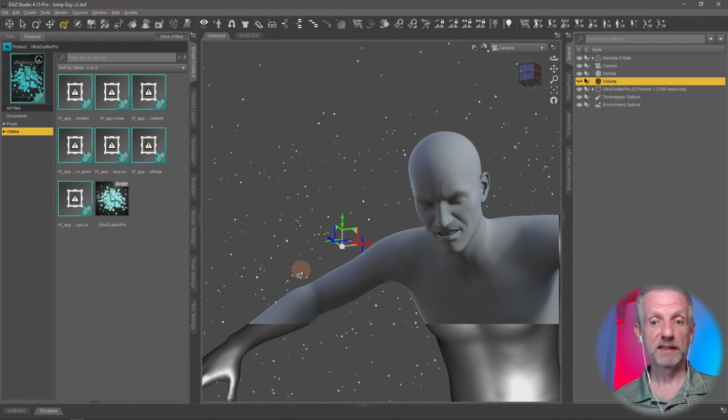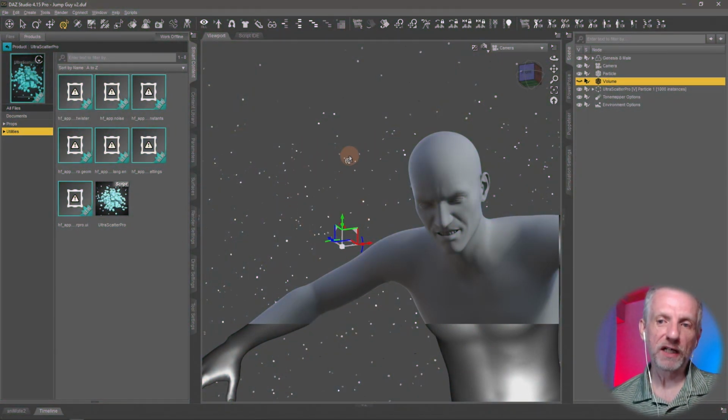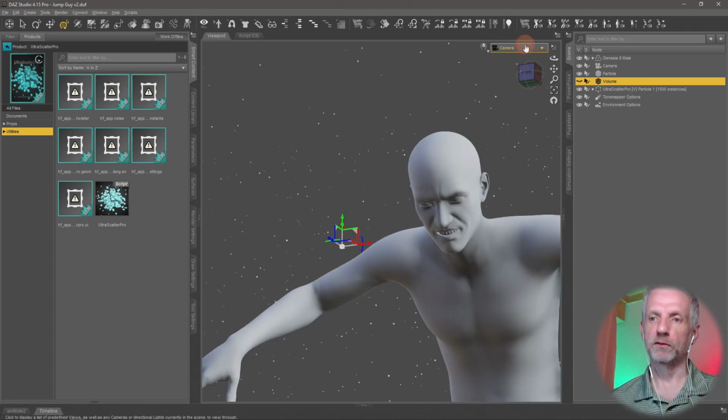So if you're building a space scene, this would be a great way to denote, hey, there's more than one planet out there. So for this to really become bokeh, they need to be out of focus here rather than just be crisp and sharp. And to do that, I'll go switch over to filament. I'll go to my top viewport,